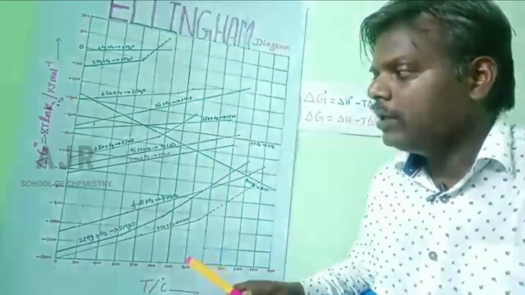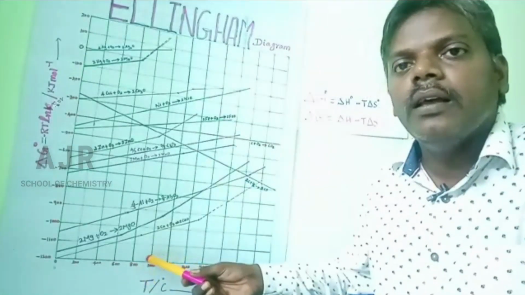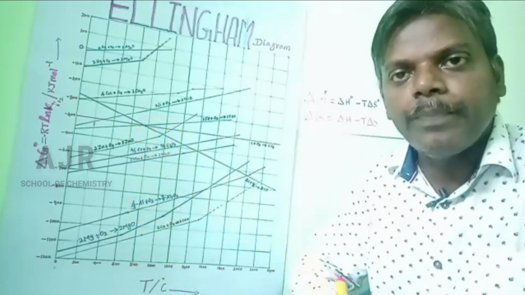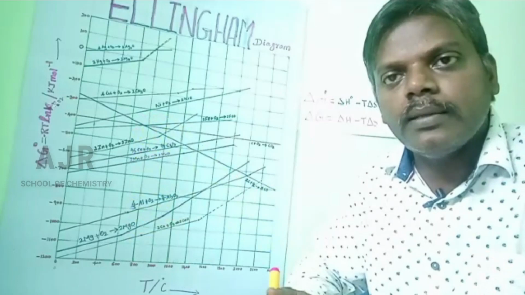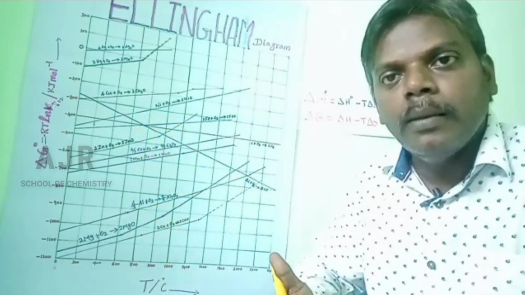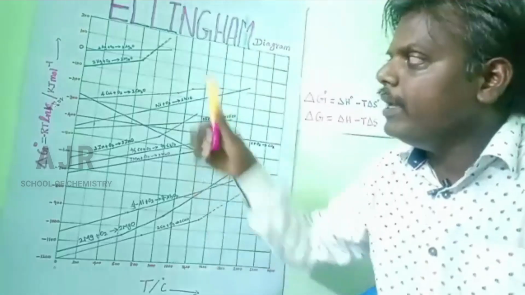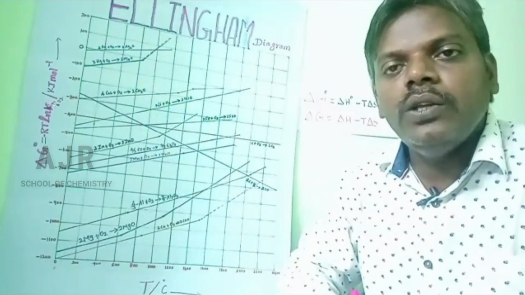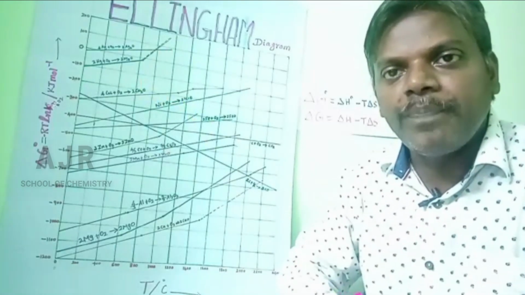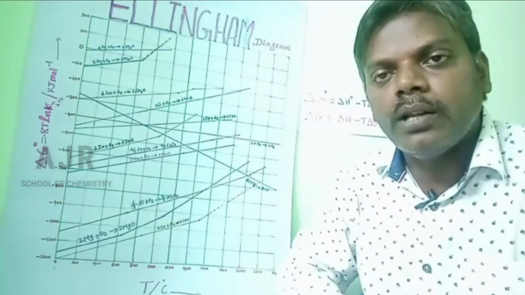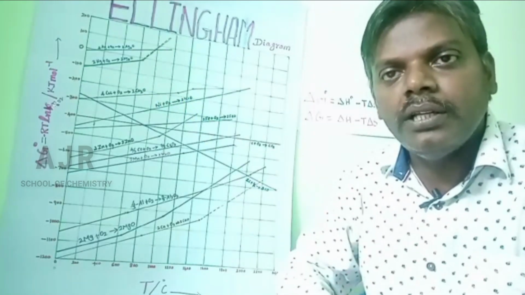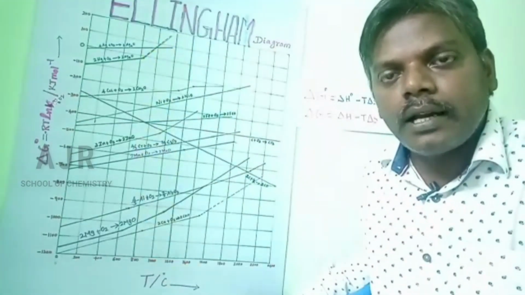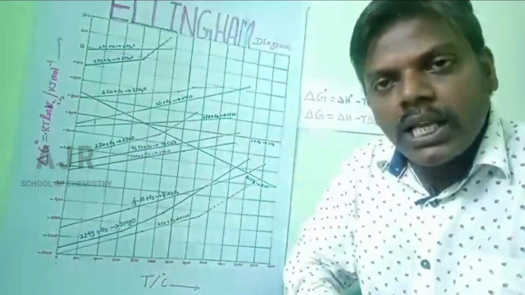And the third observation, as the temperature increases, the delta G value becomes less negative and becomes 0 at a particular temperature. Above the temperature, the metal oxide is less stable as it has a positive delta G0 value, and below the temperature, the metal oxide is more stable because the delta G value is negative. And the fourth observation, for some metal oxide formation, there is a sudden change in the slope. This is because of phase transition, that is melting and evaporation and so on.